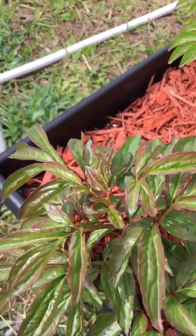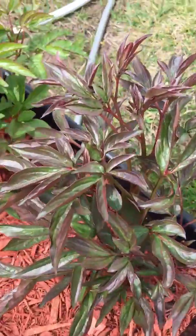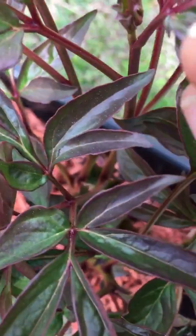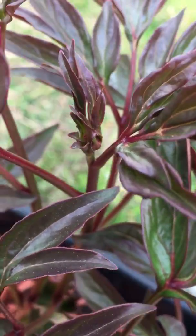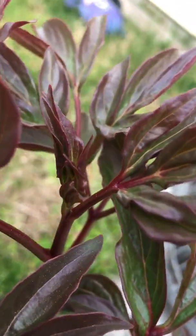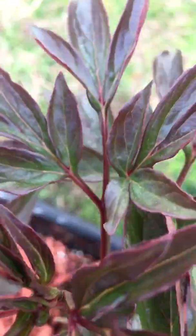Here's my wedding bouquet, peonies growing in, or peonies. And you can see I have buds that are coming in this year. Let me see if I can get a picture of the bud. And it's early right there. You could barely see it because